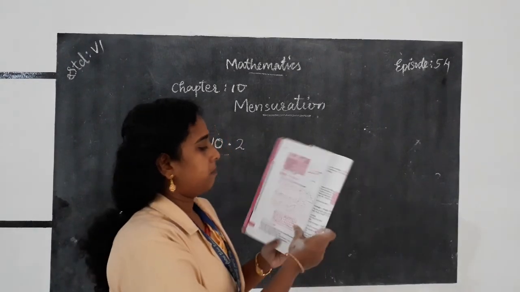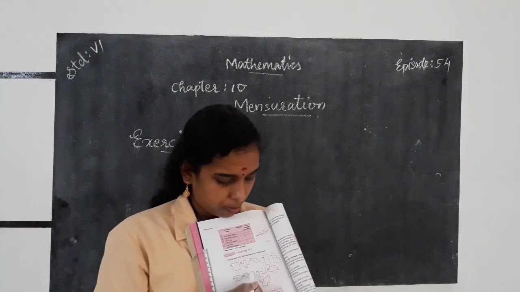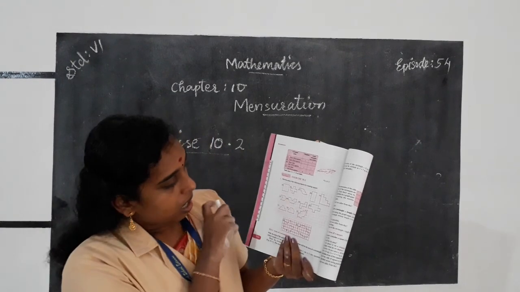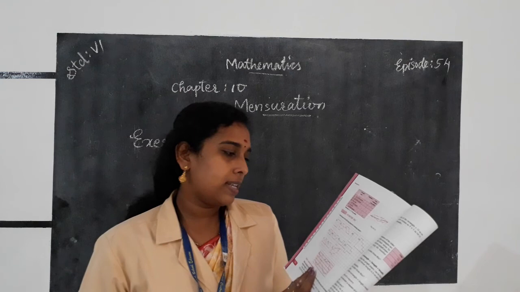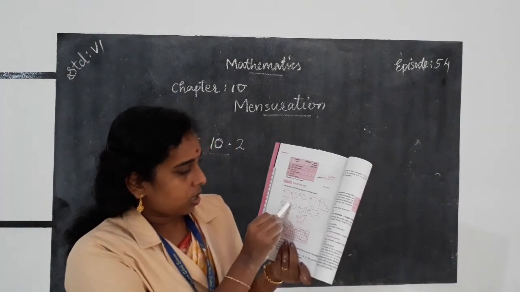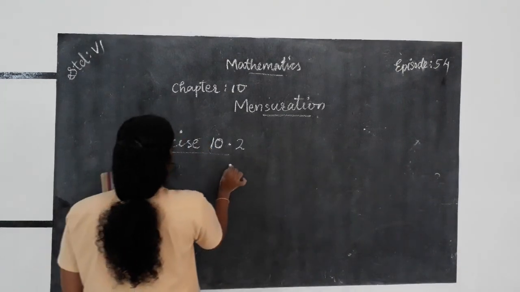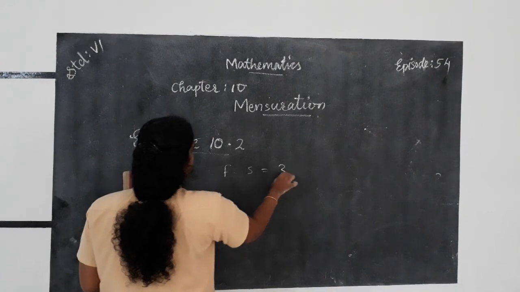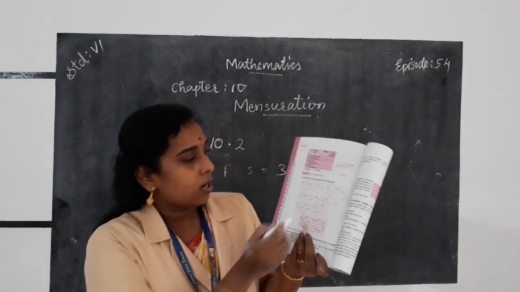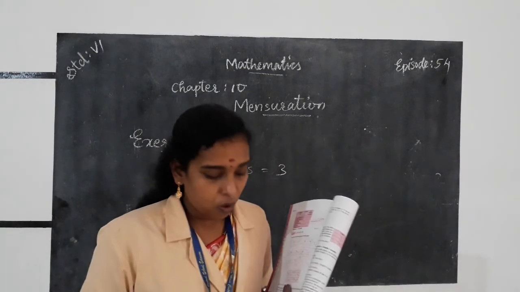In this figure, you just look at your textbook, and here is the picture. Question number G. How many fully filled squares are given in the figure? Yes, 1, 2, 3. There are only 3 fully filled squares. And how many half filled figures are given here? 1, 2, 3, 4. 4 half filled